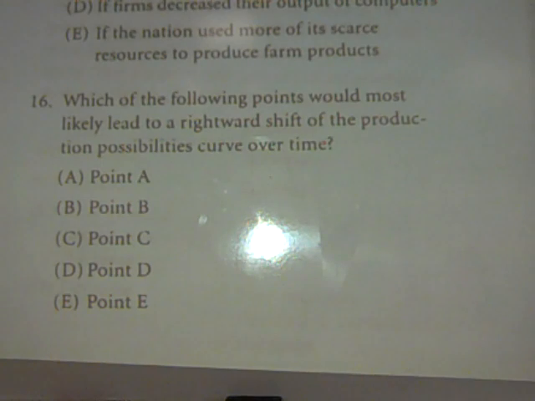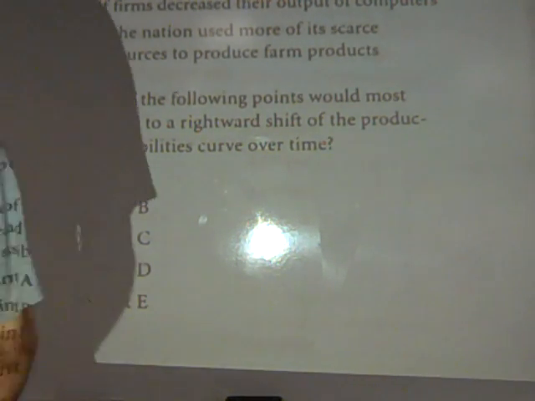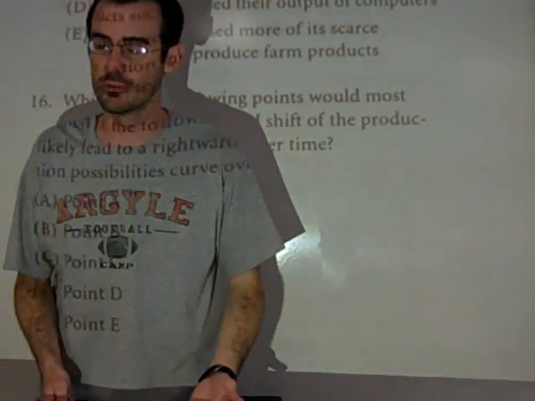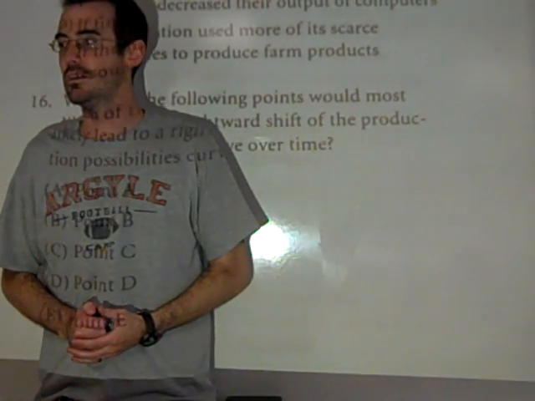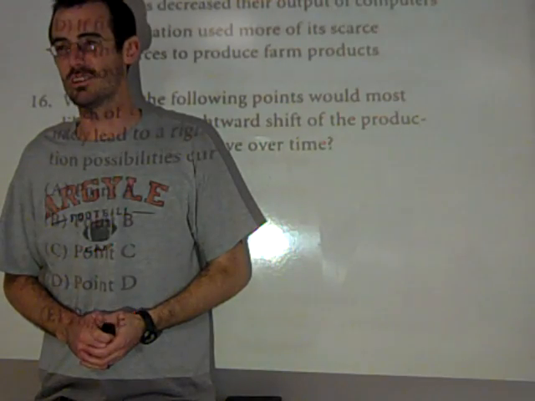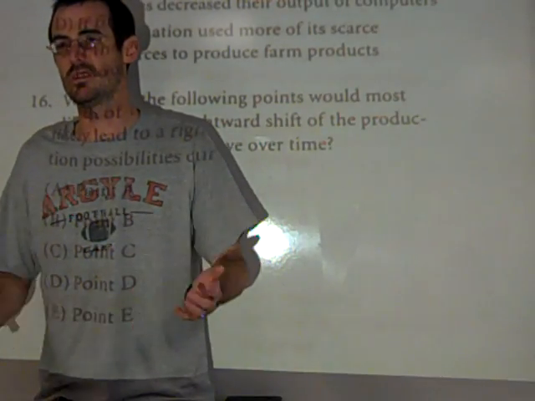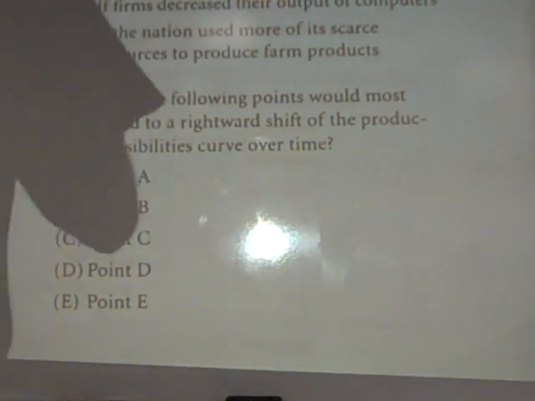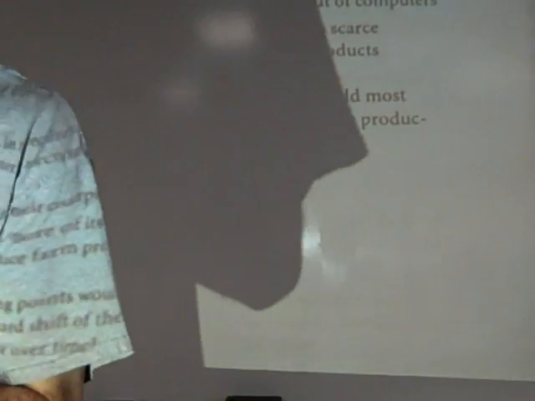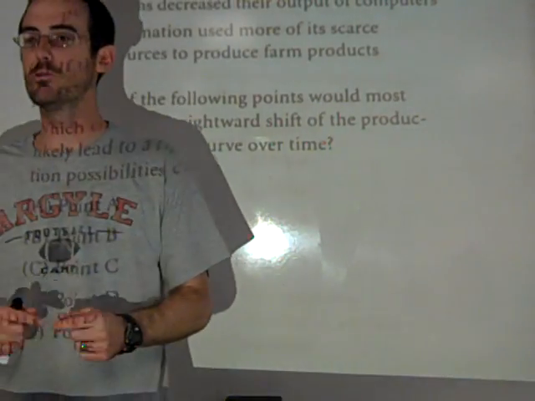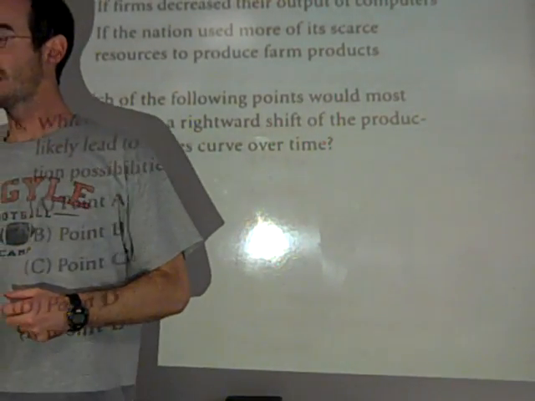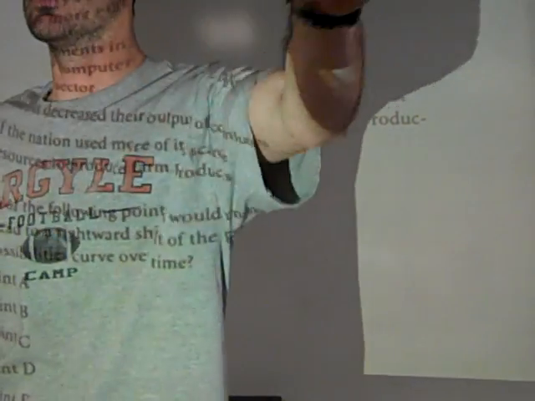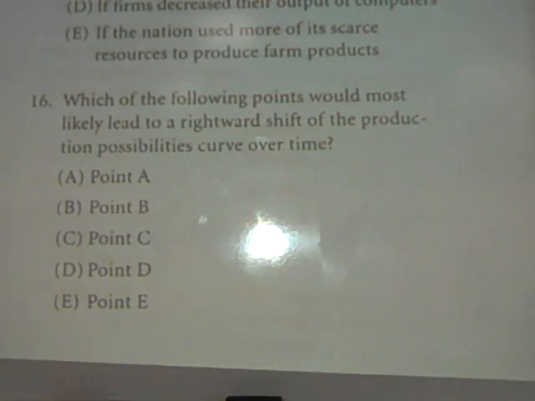What do we call machines in economics? Capital. And that's something we can build. We don't really build humans. We don't produce them in economics terms. All right? And we can't really produce more land necessarily. I guess we could plant trees, but that's a shaky argument to make. But we could definitely build machines, factories, plant equipment, right? So capital is unique. It is both something we can choose to produce, and it helps us produce more for the future. So they like to have a question on the AP test that says,